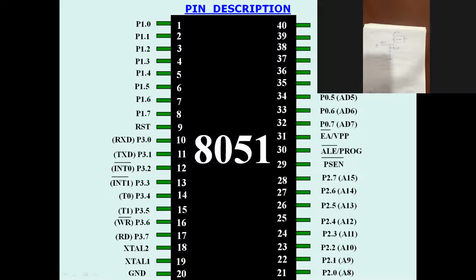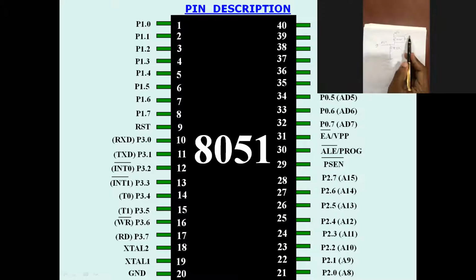Everyone can see my circuit diagram, pin number 9. If you want to make any kind of circuit using a microcontroller, pin number 9 should be like this, this kind of circuit diagram. This is a tact switch. Whenever you press this, the microcontroller will be reset. Is it clear? This is the function of pin number 9, that is reset. At the time of reset, the microcontroller starts from 0000H, meaning the program will start from 0000H.